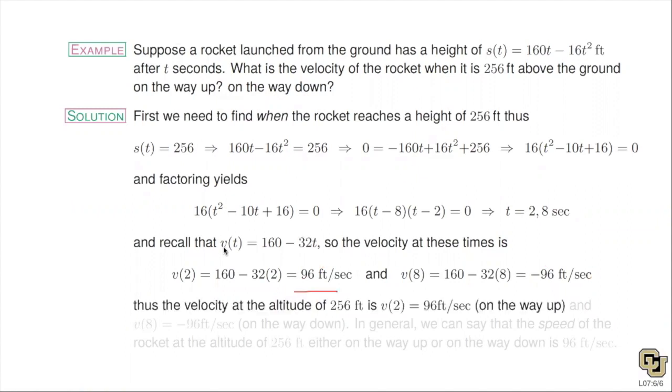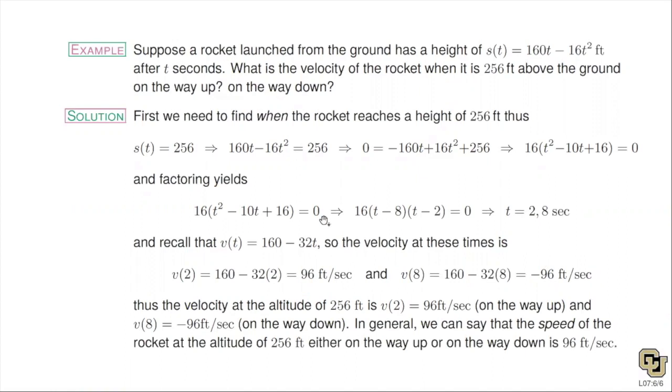So here I finally conclude that the velocity at the altitude of 256 on the way up is 96 feet, the velocity, and on the way down, it's negative 96 feet. And the speed, again, when we talk about a vector, vectors have direction and magnitude. The magnitude of the vector that's velocity is known as speed. And in this case, the speed in either case, whether it's going up or down, would be just 96 feet